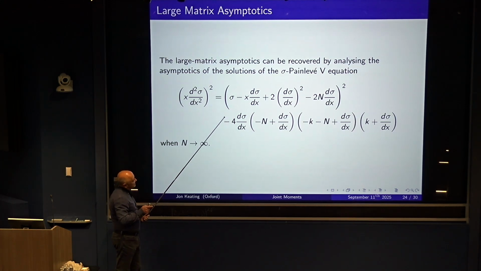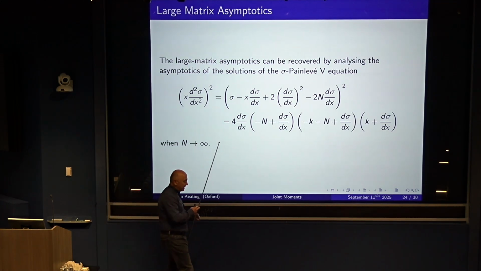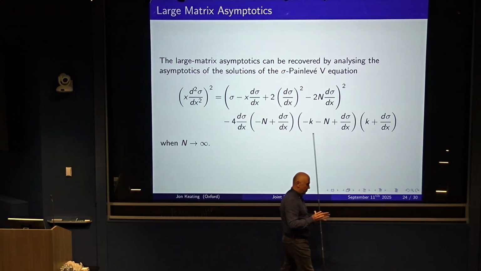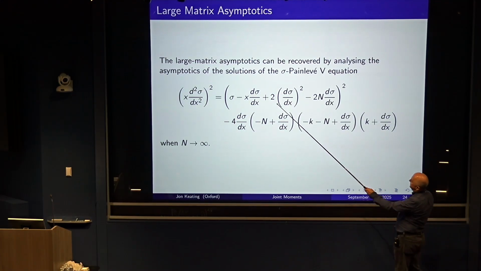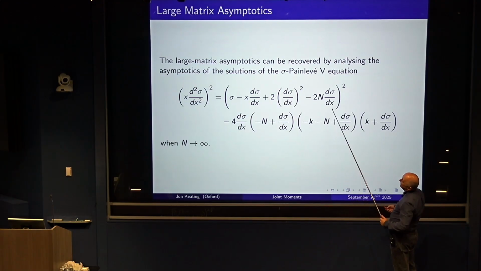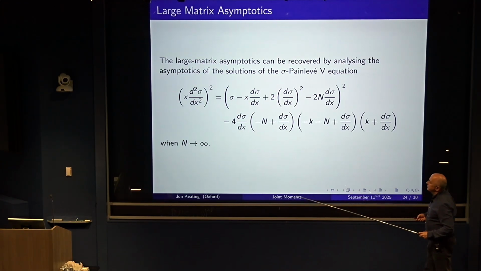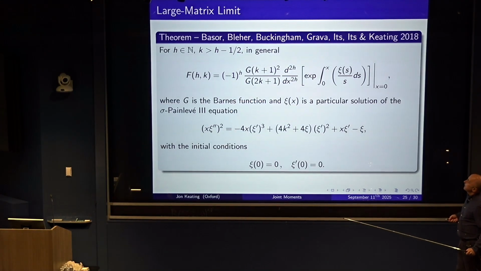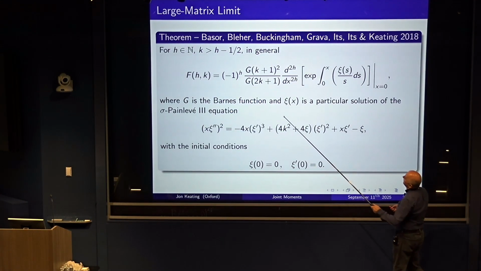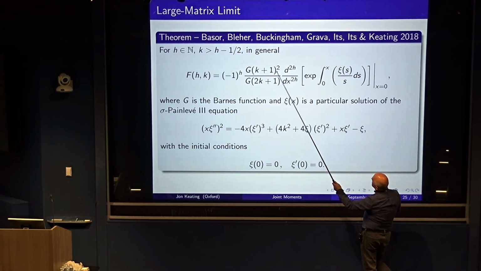So what I said applies for finite matrix size. It's an exact formula, exact representation of the joint moments in terms of solutions of Painlevé 5. But what about the asymptotics? What if we are interested in the large matrix asymptotics? Is there a general statement you can make? Well, yes, because you can just simply do the asymptotics of the solutions of the Painlevé equation by letting n grow and scaling appropriately. So that allows you to prove the following theorem,